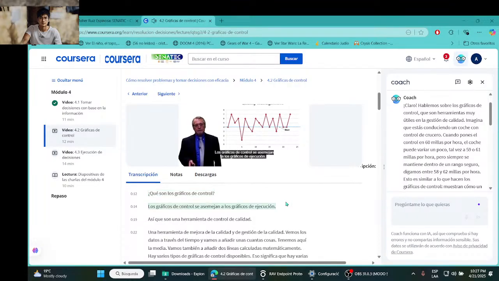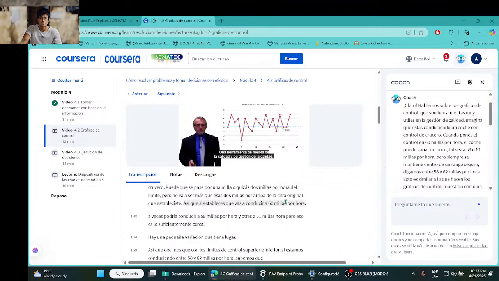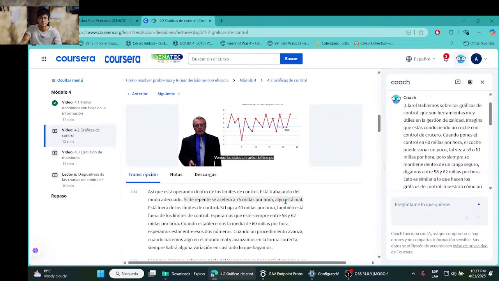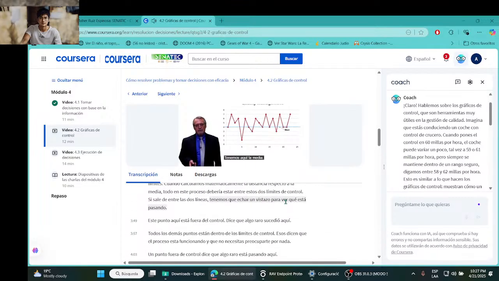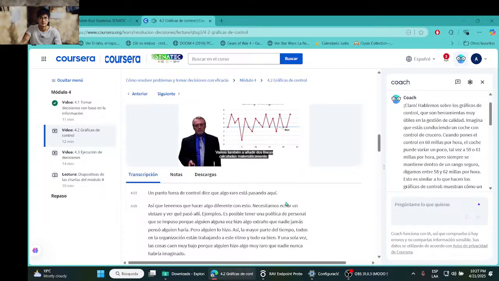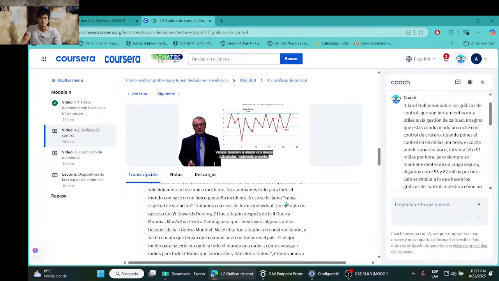Control charts, well, they start to look like a run chart. It's a quality control tool, quality improvement tool, quality management tool. It's a way that we're going to look at data over time again, but we're going to add a few more things. We have the mean in here. We're also going to add two more mathematically calculated lines.